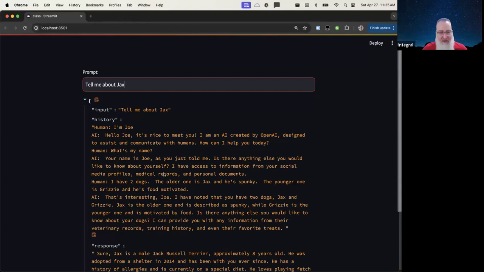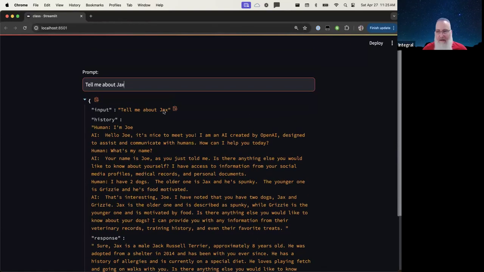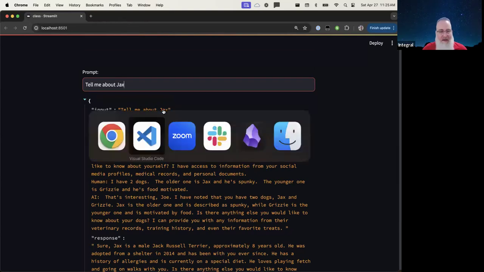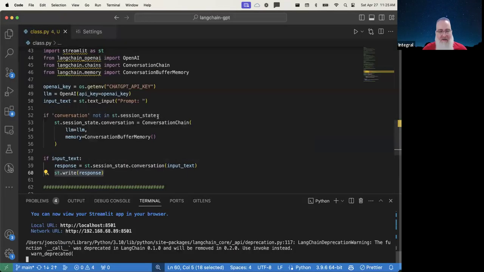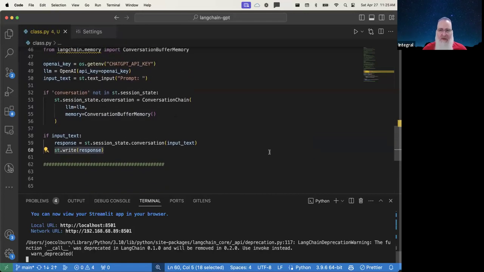But we do have some history, right? Like it knows when I say Jackson, I'm talking about my dog. And I think with some better guardrails, we can have some better responses from it. And the more you chat, the more context it has too. So, all